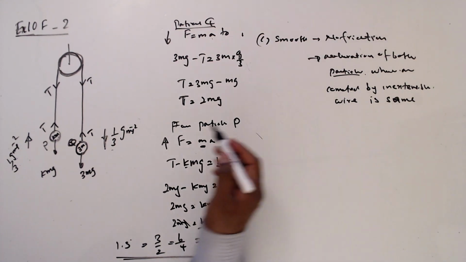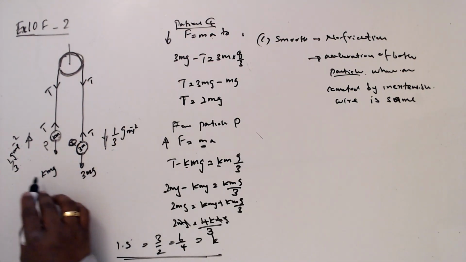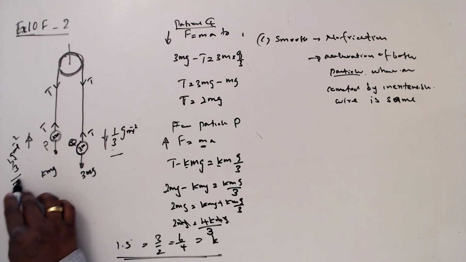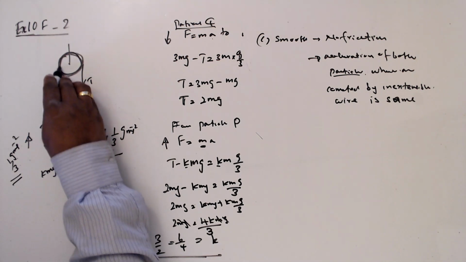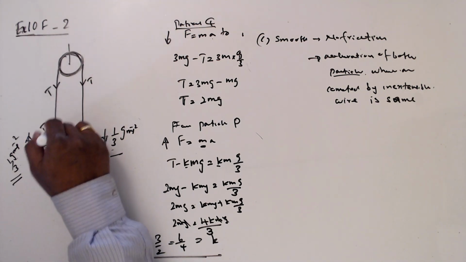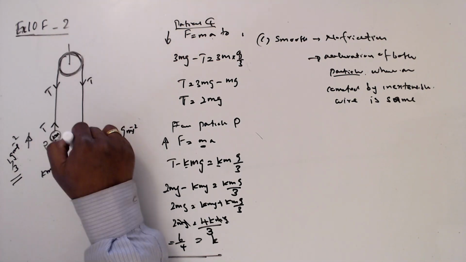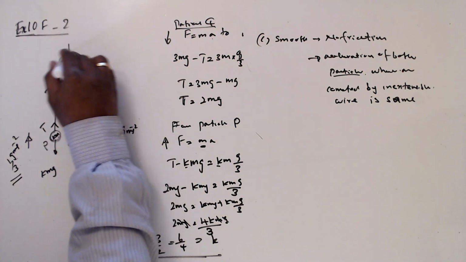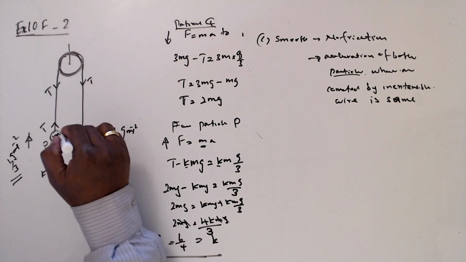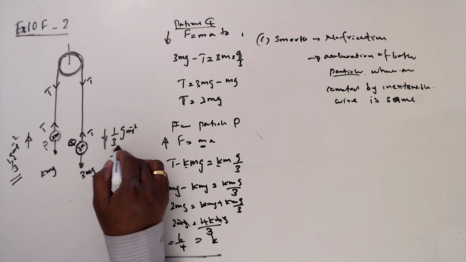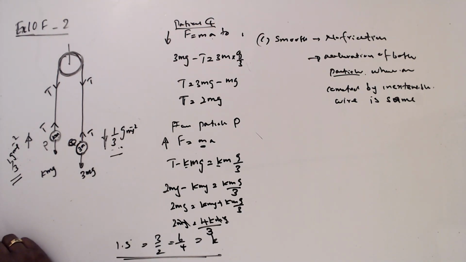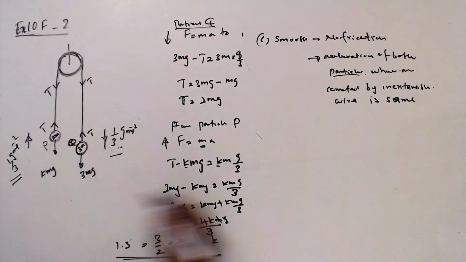Why? Because to have a constant, same acceleration, there are two things it depends on. One is the smooth pulley, and if the string is inextensible, then it also satisfies this acceleration equality. If I put it into a table,